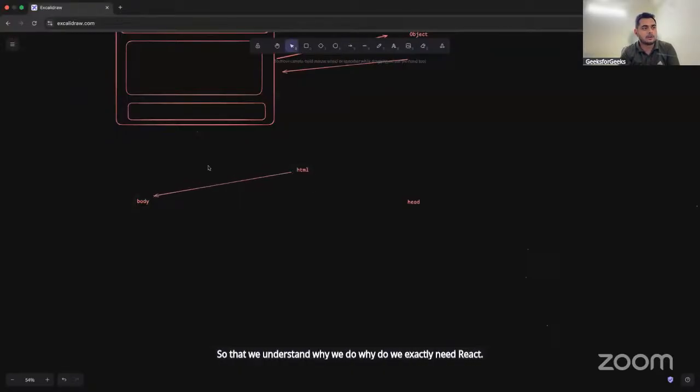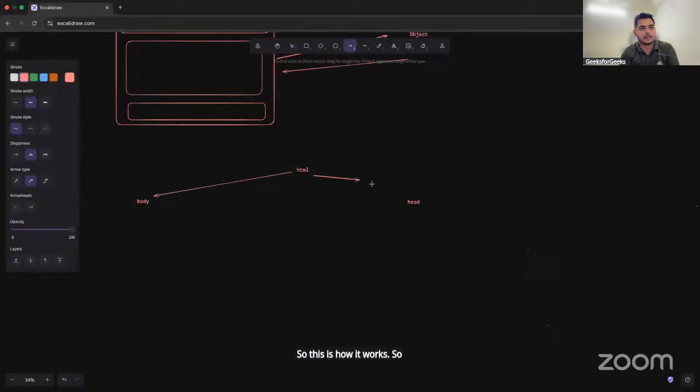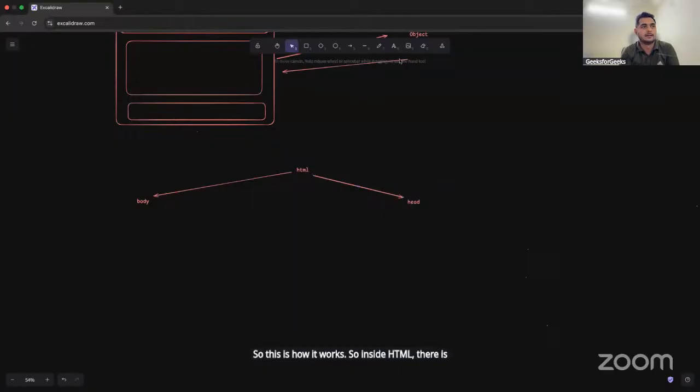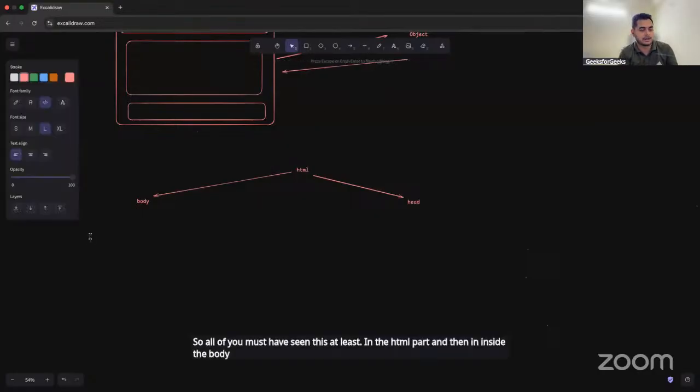So inside HTML, there is body and head, which all of you must have seen. Then inside the body, you can have elements such as a paragraph, a section, an unordered list. You can see this HTML in itself is a tree-like structure, and hence